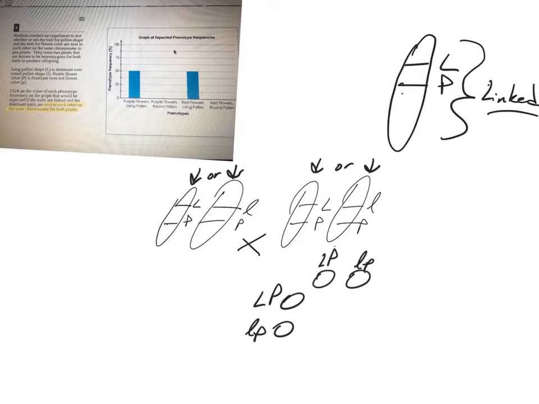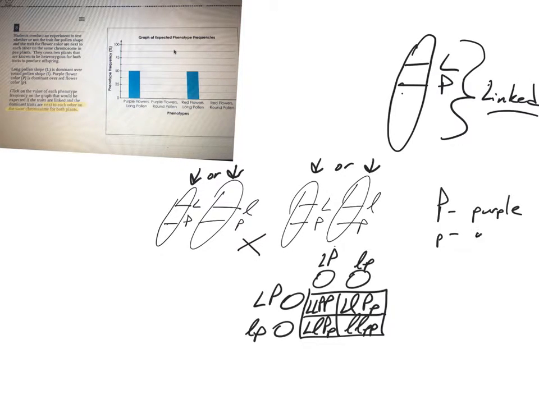So even though it's a dihybrid cross, you only have 4 possible outcomes. What are those 4 possible outcomes? You can have big L, big P, big L, big P; big L, big P, little l, little p; and little l, little p, little l, little p. So, again, remembering that big P is purple,